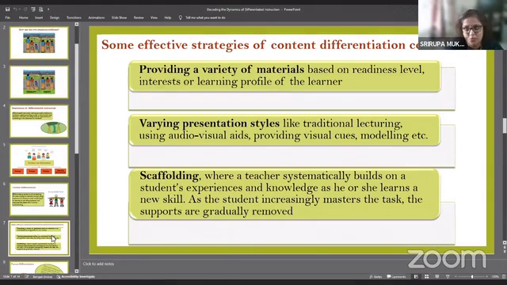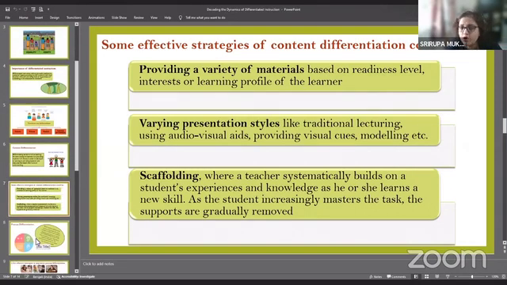And very important is scaffolding. I think that is one of the most effective strategies that works almost all the time, because as educators, when we do scaffolding, it becomes easier for us to cater to a large number of learners at the same time. And so it's not that we are ignoring any member of the class. And this, I feel, is a very effective strategy when it comes to adopting strategies of differentiation.